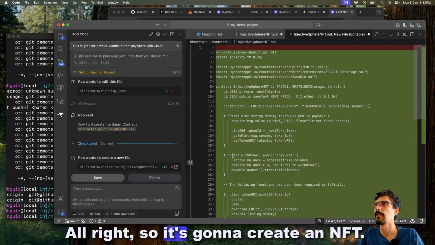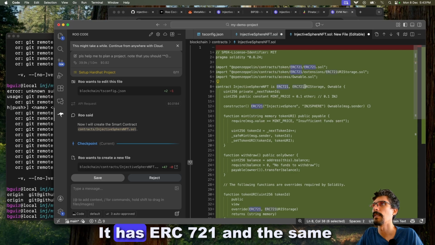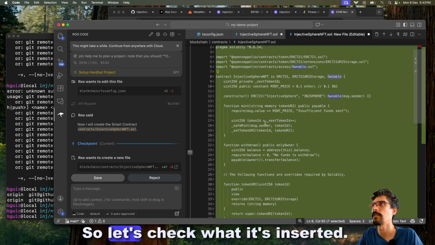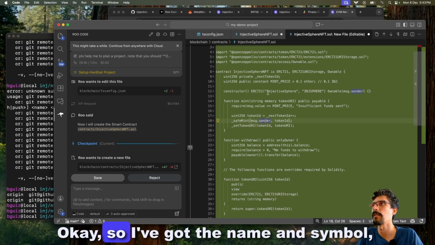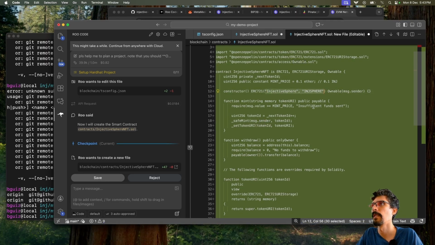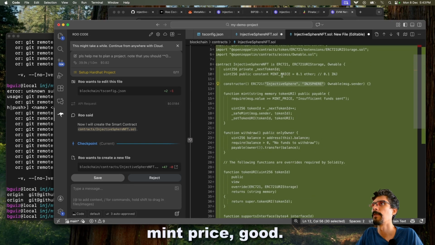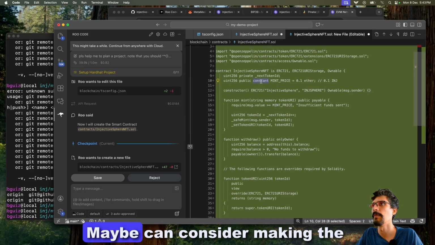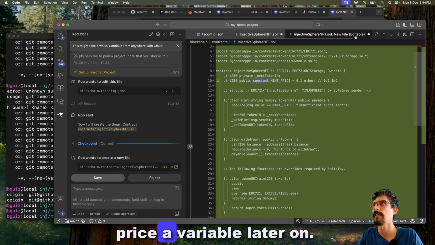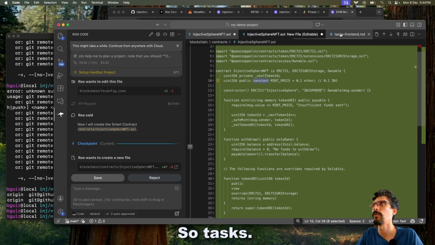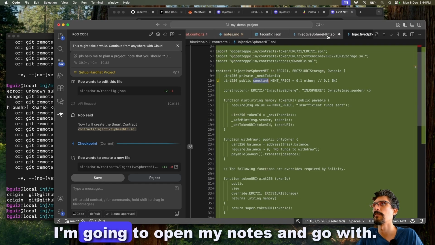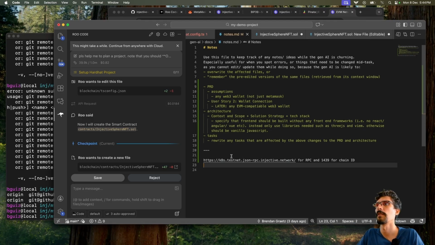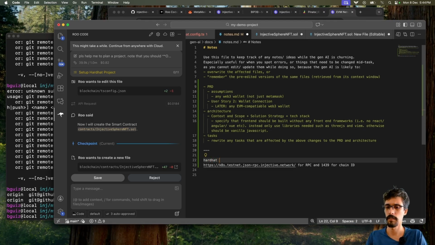Sure. All right, so it's going to create an NFT. It has ERC721 and the same with URI storage and ownable. So let's check what it's inserted. Okay, so I've got the name and symbol. Mint price, good. It actually didn't hard code it, it actually put it as a constant. Maybe you can consider making the price a variable later on. So tasks, I'm gonna open my notes and go with